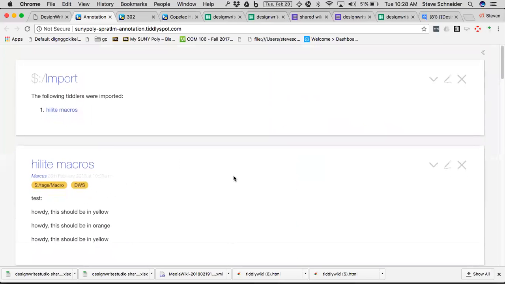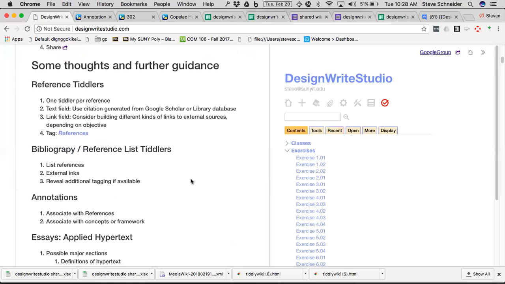Did anybody build tiddlers that have references, like to the sources, to the essays? I didn't really ask you to do that, but a couple of students were playing with the bibliographic exploration. Anybody do that? Where they began to think about what a bibliography would look like? Okay. So